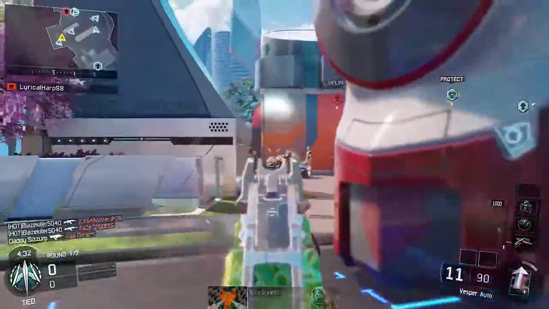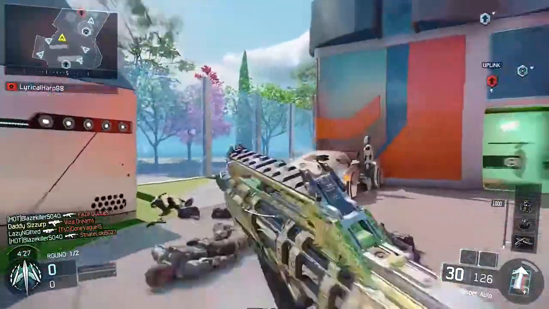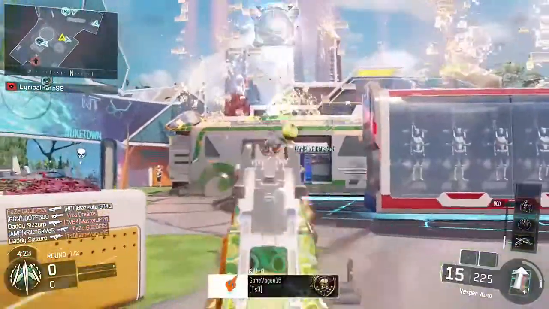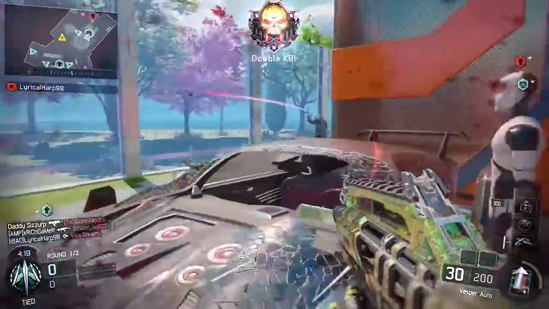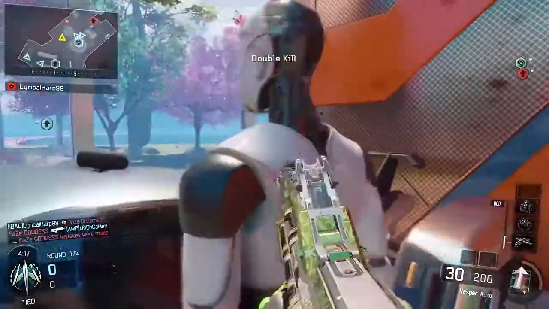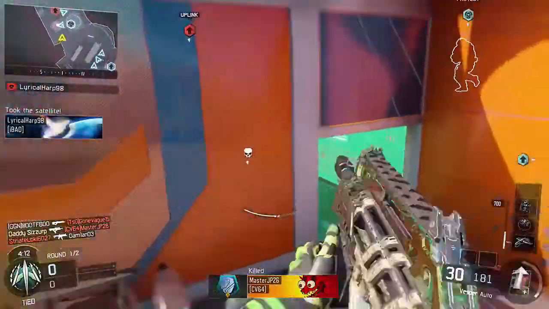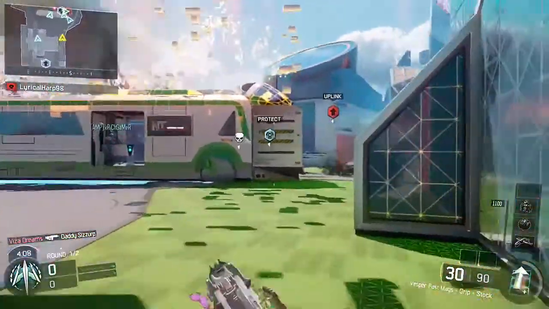My class setup, as I said before, I'm using the Vesper. The attachments I'm using are grip, stock, and fast hands. On the Vesper, fast hands or extended mags are a must, just for the simple fact that you run out of ammo so quickly. And the only reason you run out of ammo so quickly is because of the extremely high fire rate that